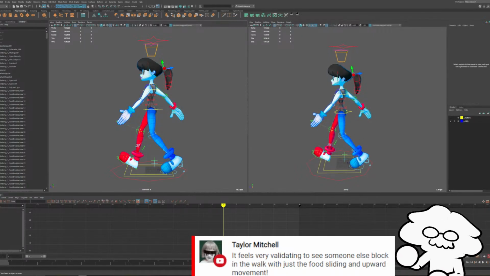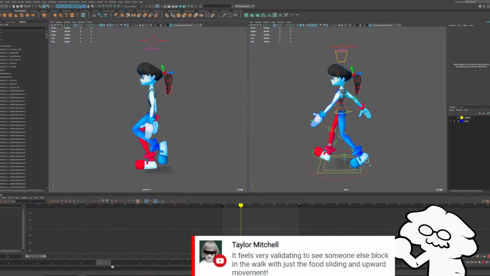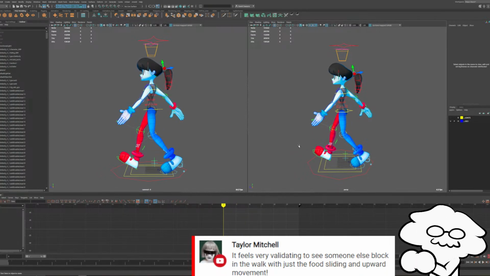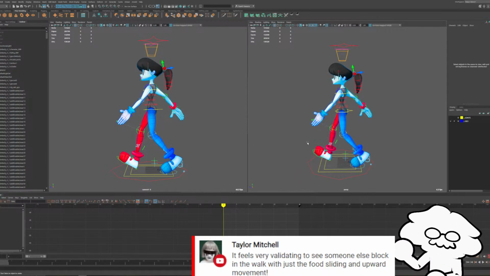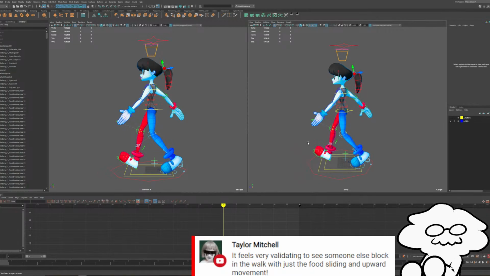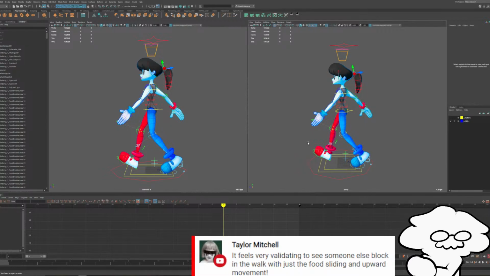So we have basic arm animation in place, super simple. We will leave it like that for now, and then we will add in the hip and upper body movements just so it doesn't look so stiff, and then we'll come back to the arms and do the forearm kind of dragging behind and make it look a little less stiff.